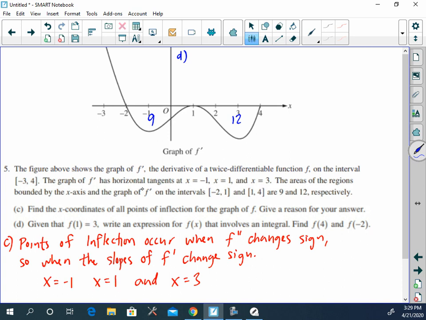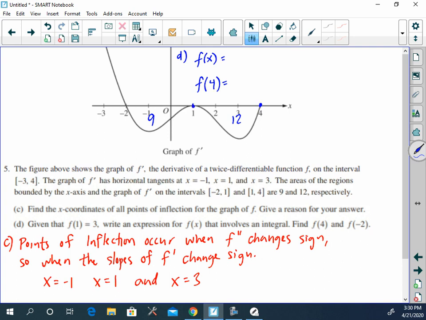Given that f of 1 is 3, write an expression for f of x that involves an integral. So let's say, before, well, we could start with f of x, that's fine. This is something I've talked about in other recordings, but you maybe haven't watched this part in any of them. Let's say I'm trying to find, I'm going to write this right below it here, f of 4, which is one of the things that I'm going to have to do anyway. If I want to find what f of 4 is here, and I know f of 1